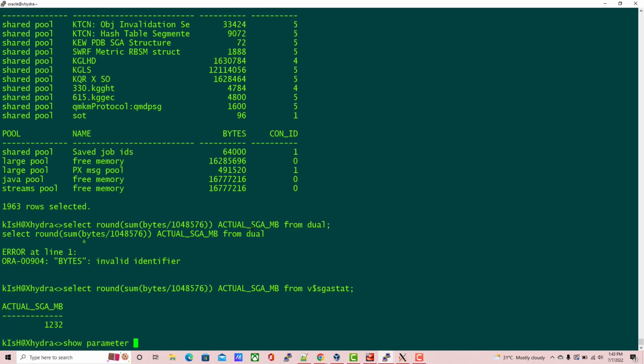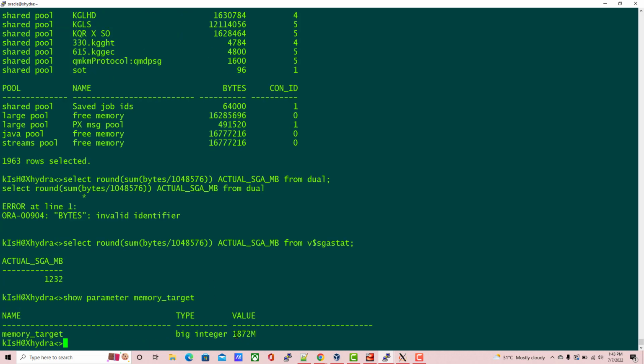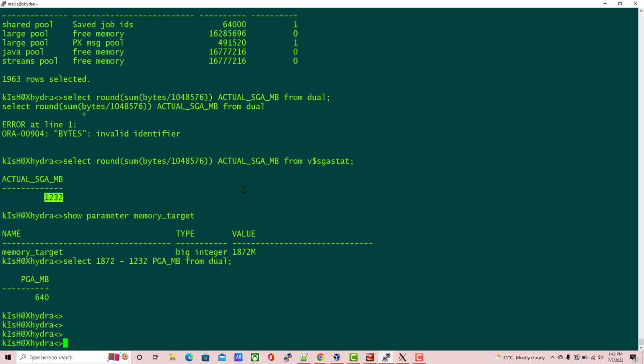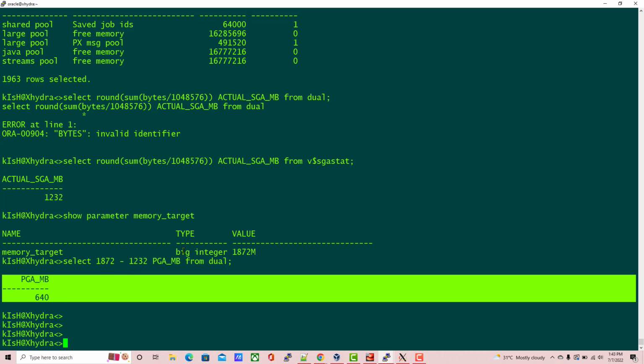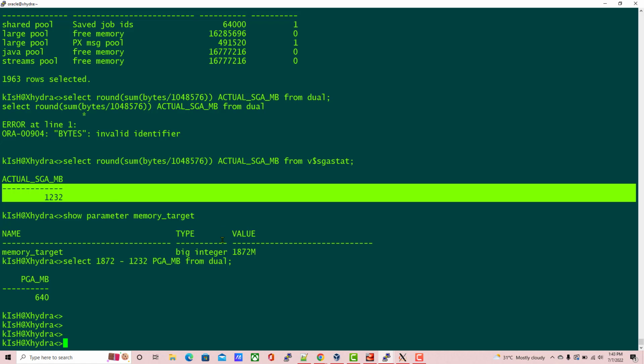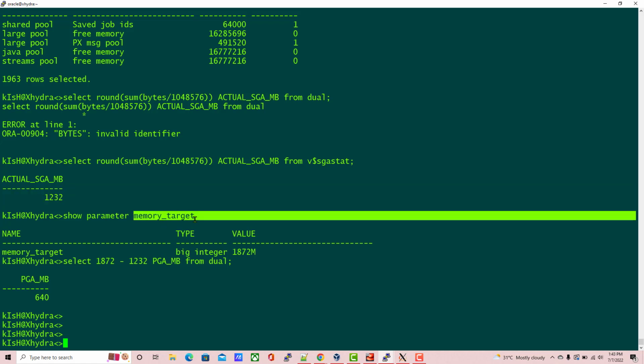If you say show parameter memory target again, you have 1872. You can calculate the PGA value by subtracting the actual SGA from memory target. Now you can see 640 MB. So the remaining 640 MB will be used for PGA. Okay, so both these values are part of memory target, but if you see